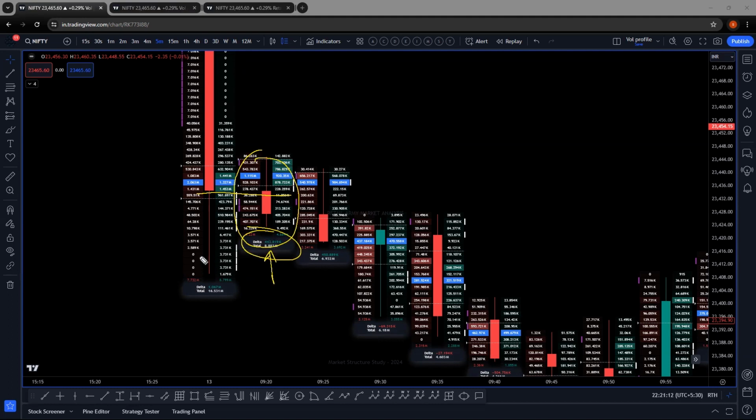Who's buying here? So the retail is net short. More shorts are coming from the retail side. Smart money started covering their positions. You can see here, red color candles. This is again only in the first 15 to 20 minutes, what's happening. So retail is trying to short the market. Smart money is trying to cover their shorts from the top.